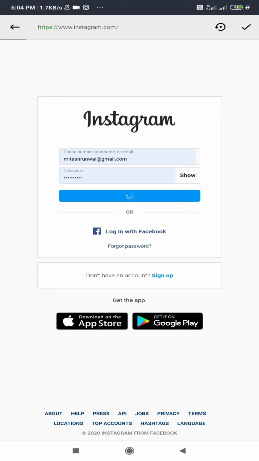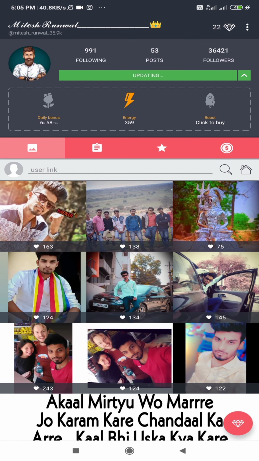This time I will not get any referral code option because I already used that referral code on this account. So now I have to click on that top right. There is one tick mark, so I have to click that tick mark, and even you have to click that tick mark. After that you will get that code option. Okay, so now this will not ask me code because I already used it. So you will get this type of interface.